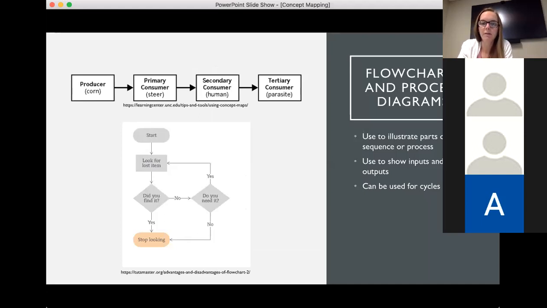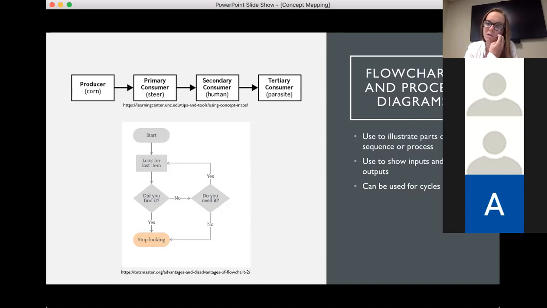And then next, some pretty common ones that you might see are going to be flow charts or process diagrams. So you might see these in science classes, like for example, in biology, it could be used for a life cycle. If you're in like physics or any kind of engineering class, they might be used for the inputs and outputs of a certain process. But these will just kind of help you visualize how things move from one idea to the next idea. And they really help illustrate all the parts of a sequence or a specific process that has to follow a